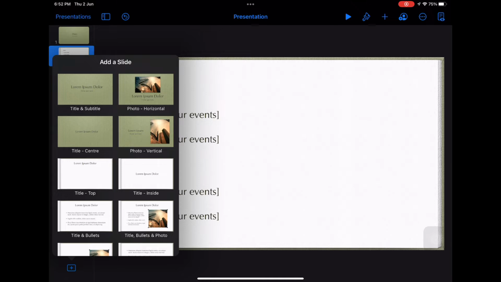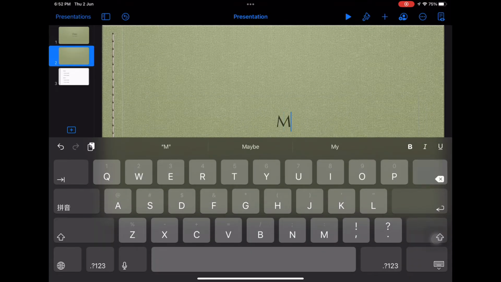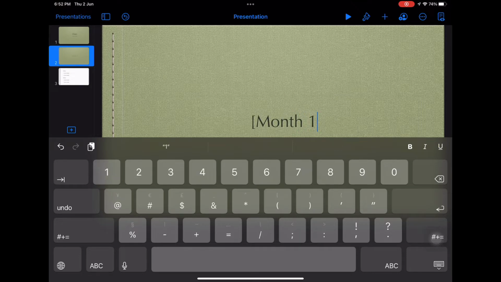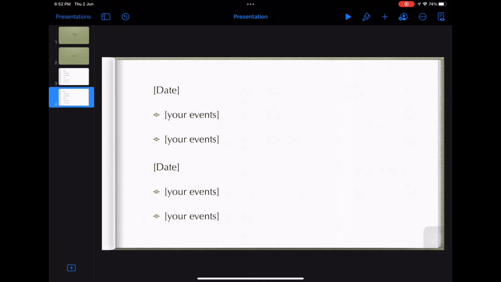Here, we're going to create the title page of every month. Now we're going to duplicate the slides.